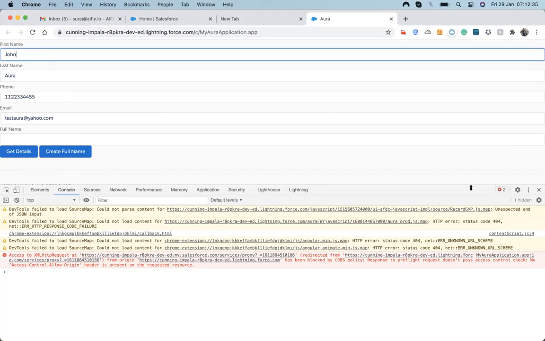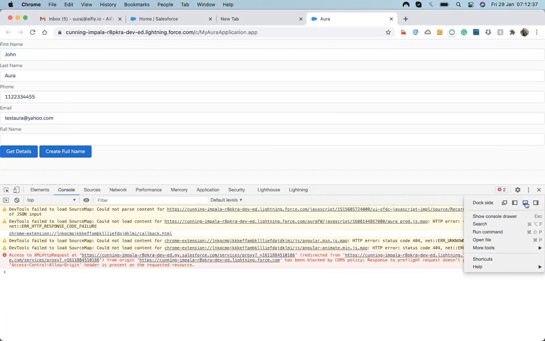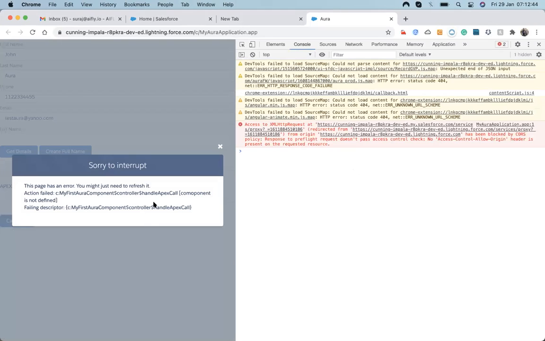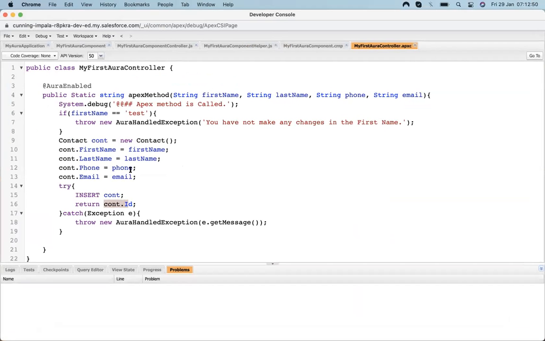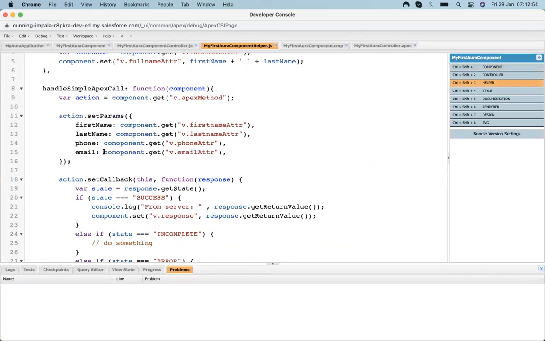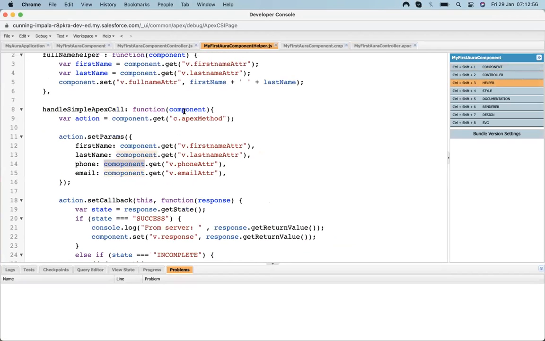Then I will click on call Apex. Component is not defined. Let's check why it's saying that. Oh, sorry, there is a spelling mistake.